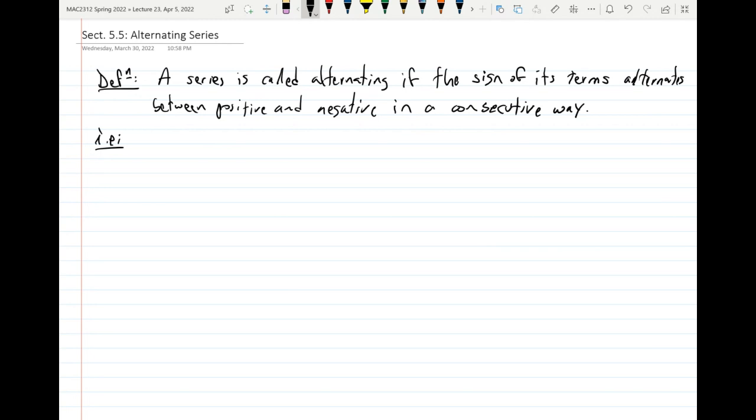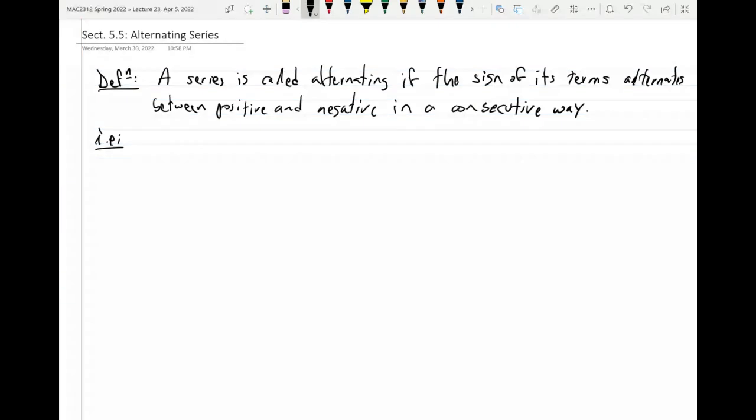For example, let's say that you start at 1 with your series, but you want the first term to be positive. You don't write negative 1 to the n, because then when you start with n equals 1, you get a negative. So you write negative 1 to the n plus 1. Okay? So, a series is called alternating